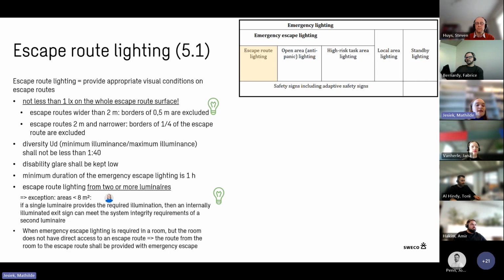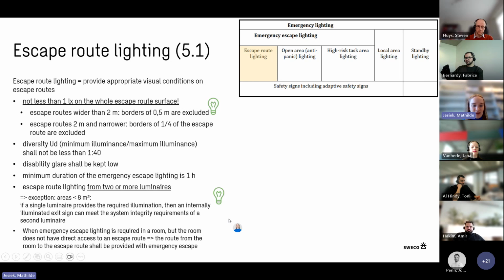One new thing as well is here that from now on, you need redundancy for your escape route lighting. So you will always need 2 or more luminaires on one escape route. So it means if you have a small corridor, that in calculation, with one fixture, you will have enough to reach your 1 lux on the whole escape route. According to the norm, it won't be enough. You will need to have 2 fixtures there. They have given one exception for escape routes smaller than 8 square meter. If you have internally lit picto, you can count that also as one of the fixtures,